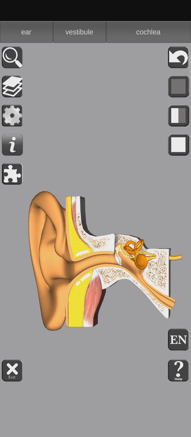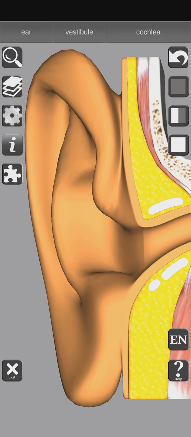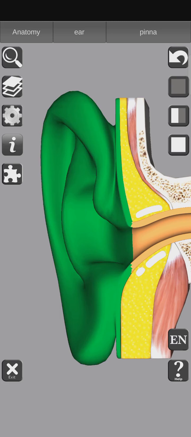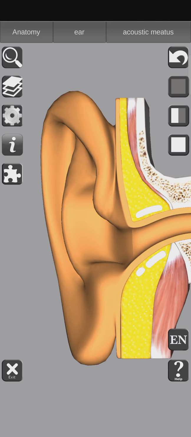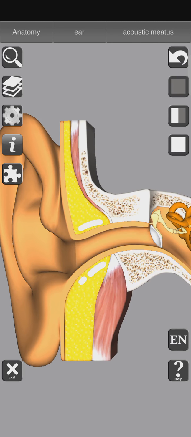Okay, guys. First of all, let us discuss the various parts of the ear. That is the pinna or the auricle. This is known as the pinna or the auricle. Basically, the function of this structure is to collect all the vibrations from the surroundings and transmit those vibrations to a very narrow canal that is known as the external auditory meatus, also known as the external auditory canal. This is basically an S-shaped canal, which transmits all the vibrations collected by the pinna to the